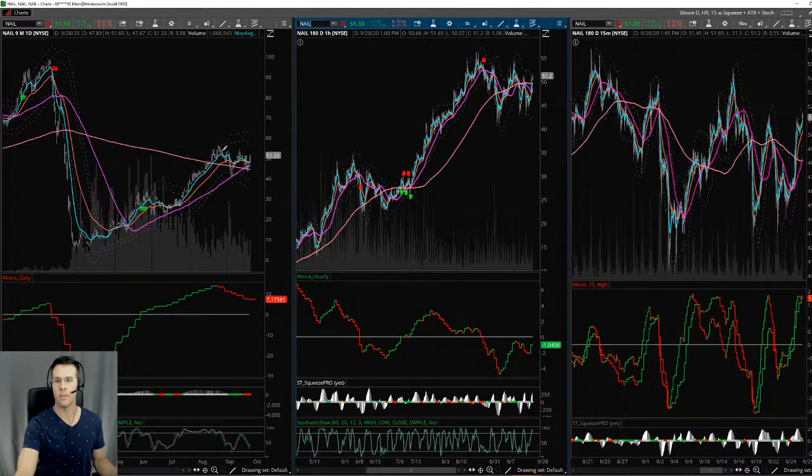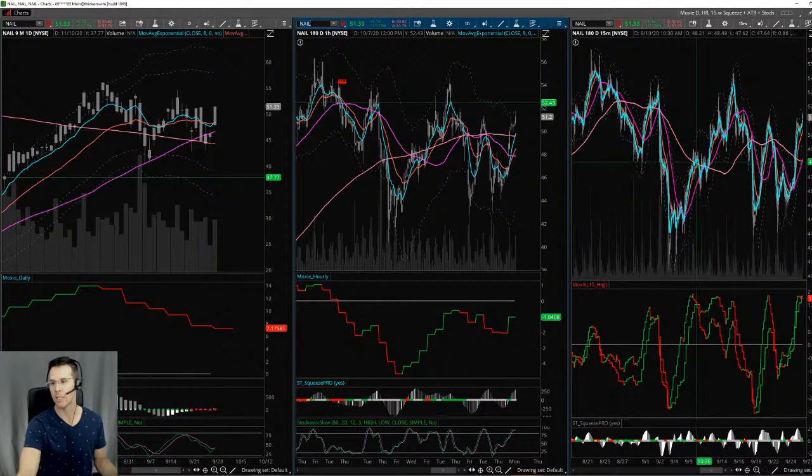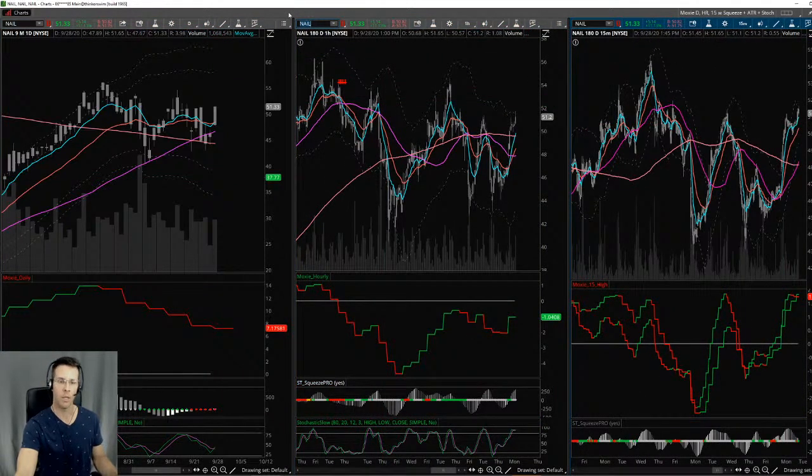NAIL is the leveraged ETF for the home builders. I like looking at ETFs, and leveraged ETFs especially. This is a trampoline move. This is when price is below the 50, but the Moxie indicator is still above 0. So that's a high pressure, high buoyancy situation to the upside. And we are seeing some divergence. Here's your level, and here's your positive divergence. But we're still not quite there yet. Notice, I keep talking about this gap between price and the hourly 50.